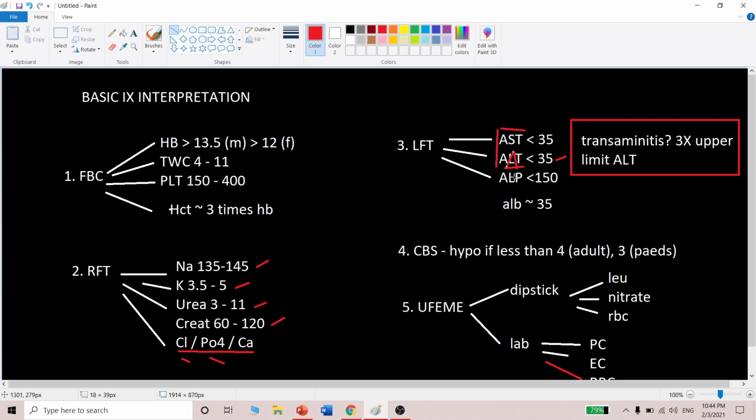Okay, so ALP is usually related to your biliary tract. The cut-off point is a little bit higher, especially when you talk about pediatrics. Don't be surprised, in the pediatric age, especially a growing child, it will be on the high side, maybe 300 or more, or 400, it depends. You can look in the LIS, there is a reference range for children, because it comes from the growing bone.